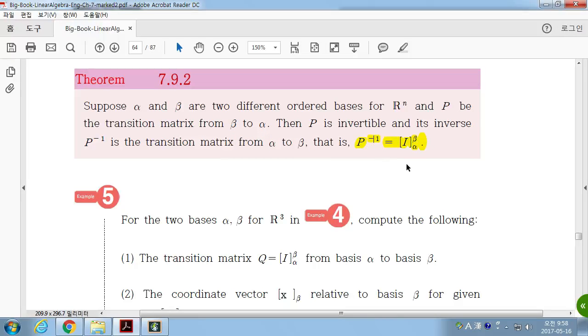So P and P inverse has a good relationship. So if you have one transition matrix, then you can find the other direction easily, if you can find the inverse. 여러분들 역행렬 구할 줄 알지? 그러니까 언제든지 하나만 구하면 다른 건 구할 수 있는 거지. 그러니까 여러분들이 그동안 하나의 좌표계만 배워왔잖아. 그걸로 충분한 게 트랜지션 매트릭스만 알면 기저가 아무리 바뀌더라도 이걸 곱해주기만 하면 또는 이거 인버스를 곱해주기만 하면 마음대로 바꿔 쓸 수 있죠.